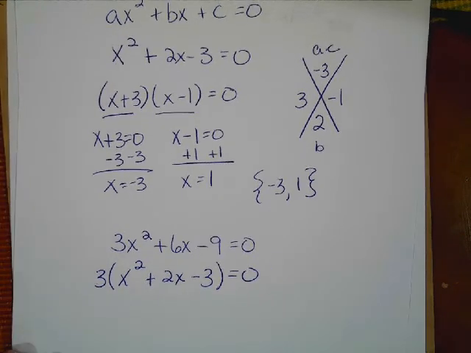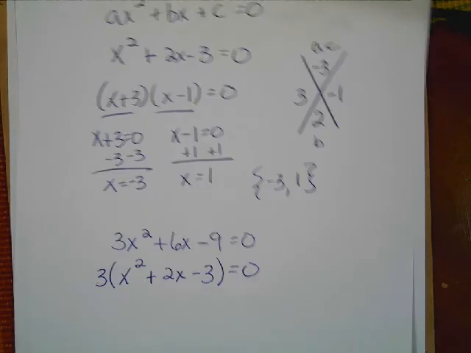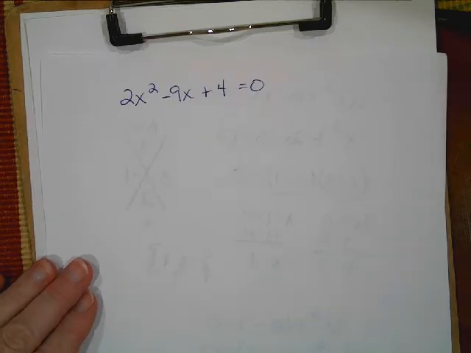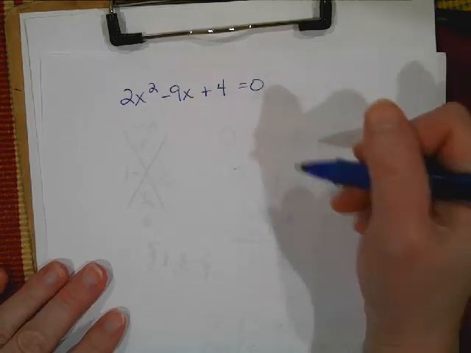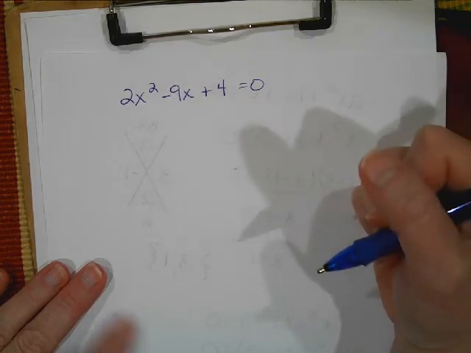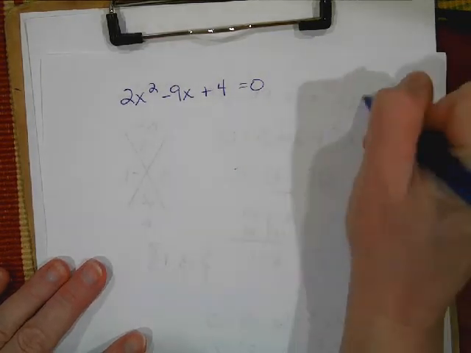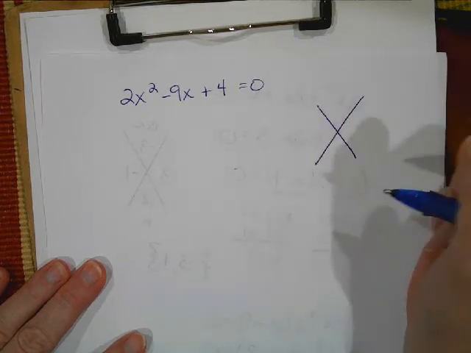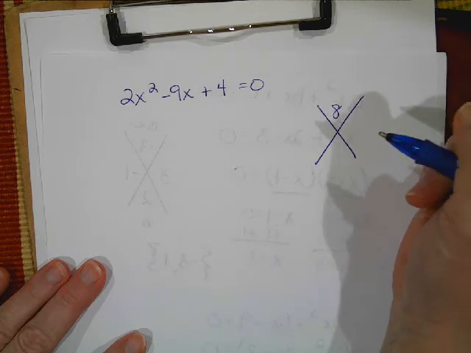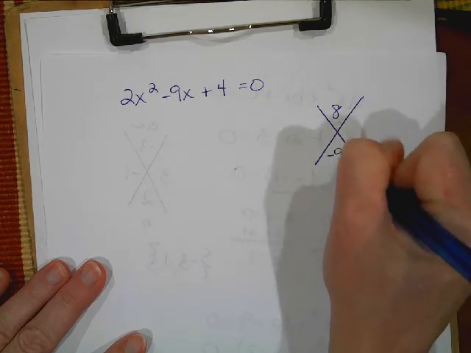Okay? All right, so let's look at one that really has a not equal to 1. So here we have 2x squared minus 9x plus 4. This is the do it wrong and fix it. Okay, so we are going to do it incorrectly to start with. I'm still going to put a times c. So I'm going to have 2 times 4, so that's going to be 8 on top,